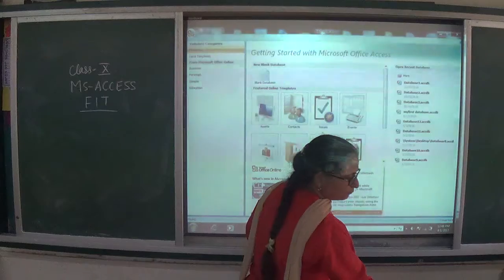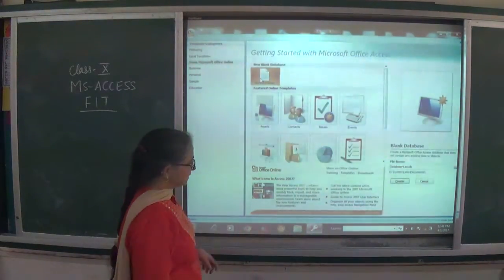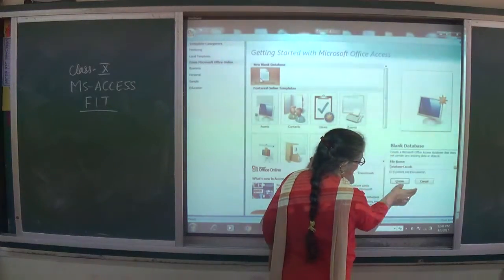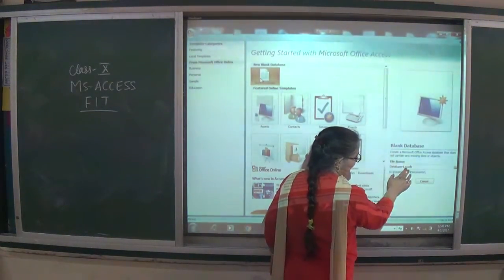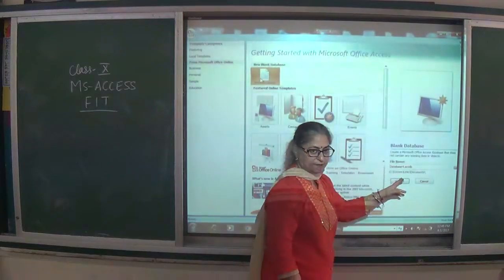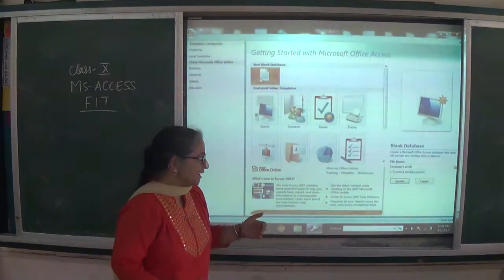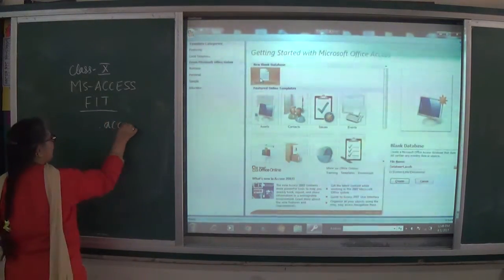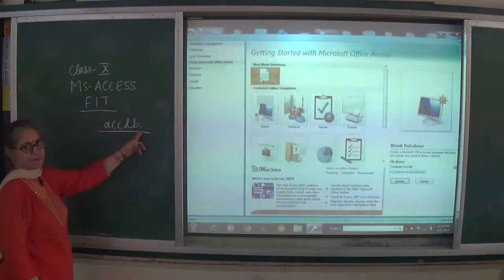Now when we click on blank database, you will see towards the right hand side there is an icon that says file name. By default the computer gives a file name as Database4.accdb. Now .accdb is the extension name of Access database files.